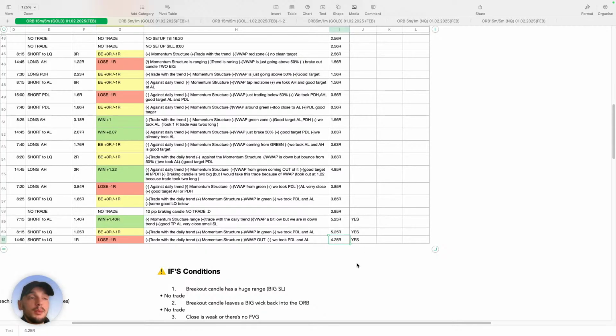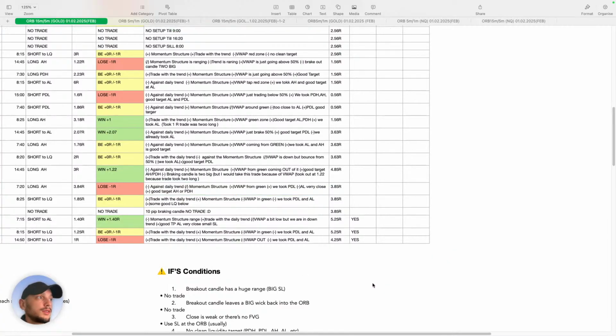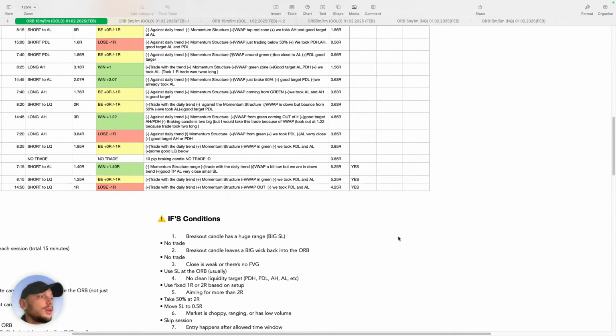And imagine if you put aside the bad ones. Let's say here on this loss, I can see immediately I have a minus against the daily trend, right? So if you collect this data and you make your own strategy around it, there you go, you're gonna have it. And this is what I use every day.